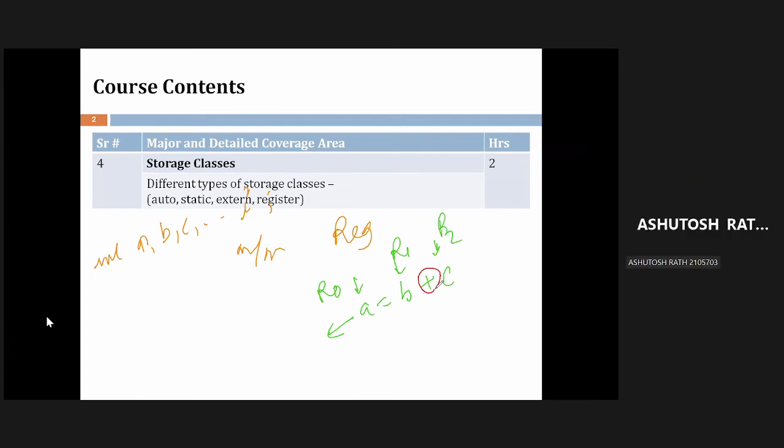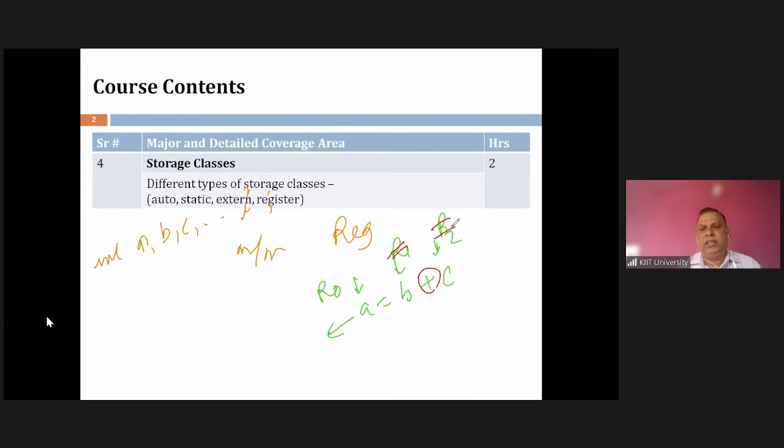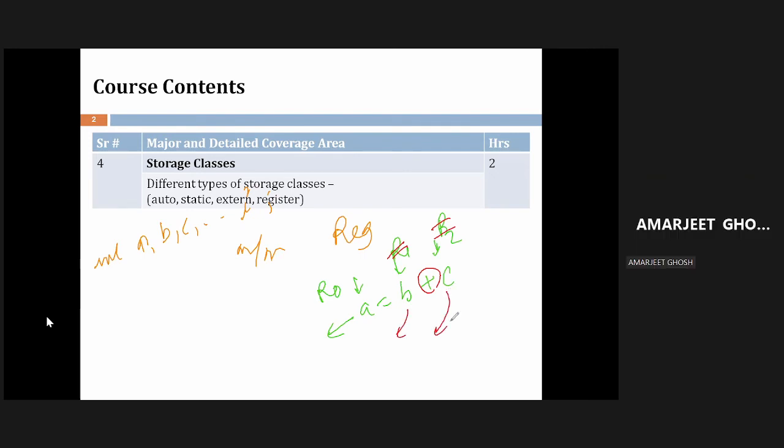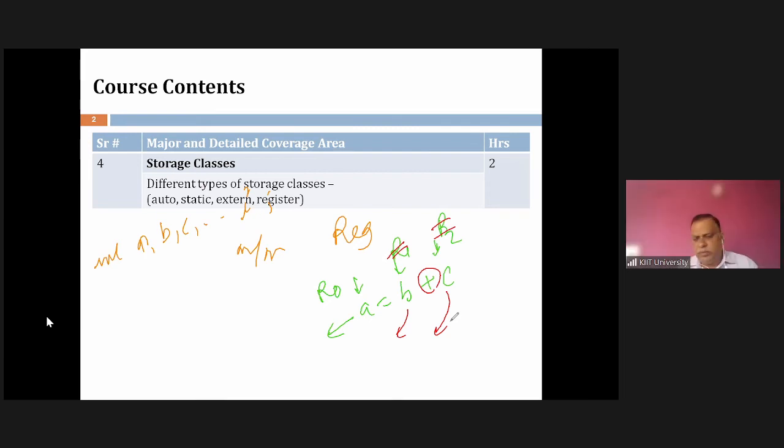Yes, sir. Suppose this variable B and C are not available in the registers, they are available in the main memory. CPU understands it's an addition operation between B and C. Will it do the addition immediately, or will it first bring the data from memory to CPU, then carry out the ALU operations? At first, it brings the data from memory to CPU, then carries out the operation on it.